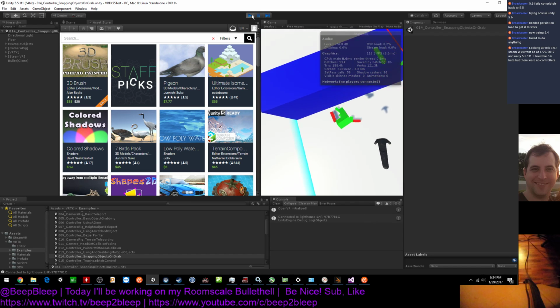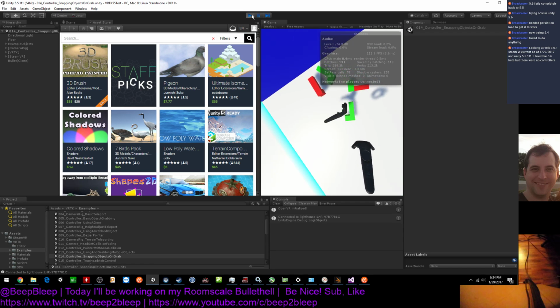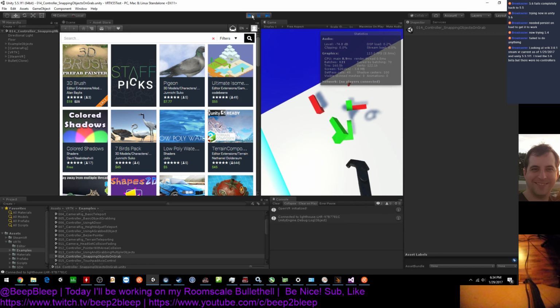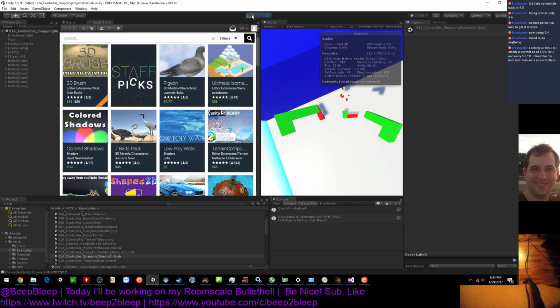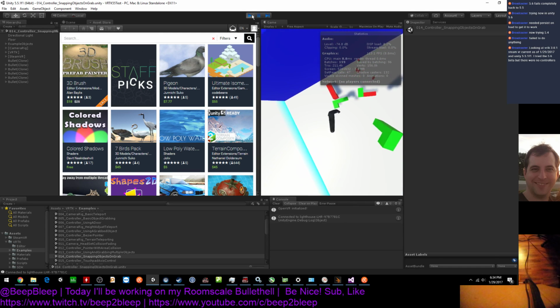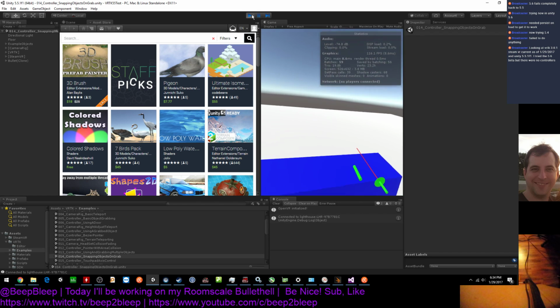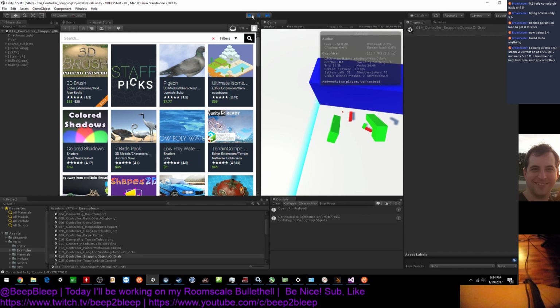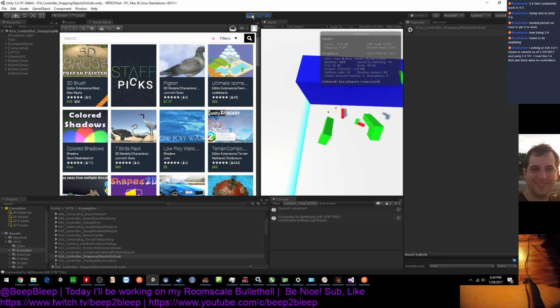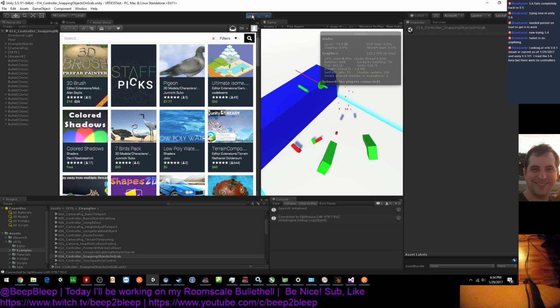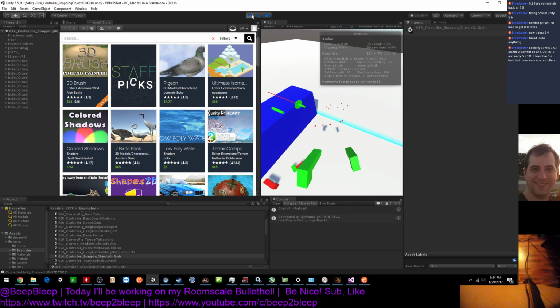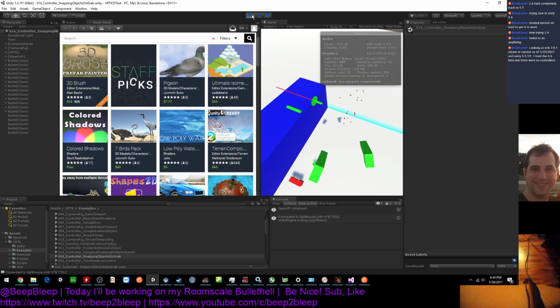The green snap. Oh yeah, and it snaps in direction too. Interesting. So this one shoots a capsule for some reason, which doesn't slide very far. This one shoots a ball, which will